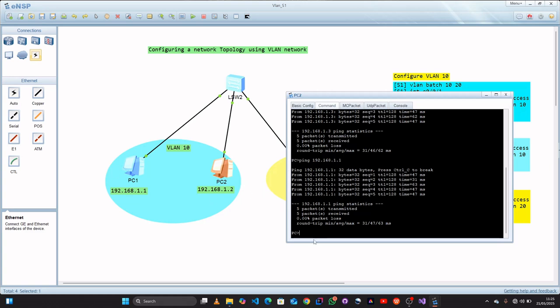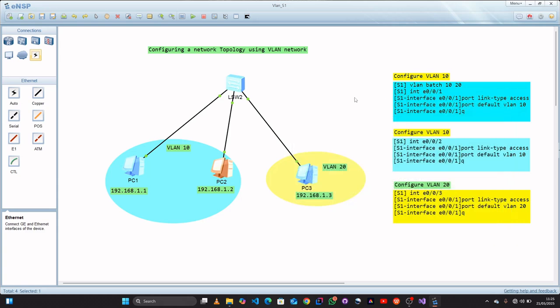So this is how you can configure VLAN. This is how you can segment your network within the same switch. So you might have a subnet that you want to configure or to give some restriction. I'm assuming that maybe you have a system that has two departments. Let's assume a department of IT and another department of finance. They both belong to the same subnet, and also they share a common switch. So you can